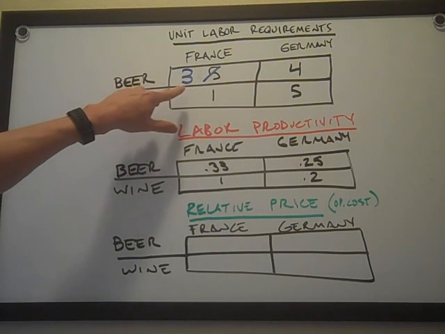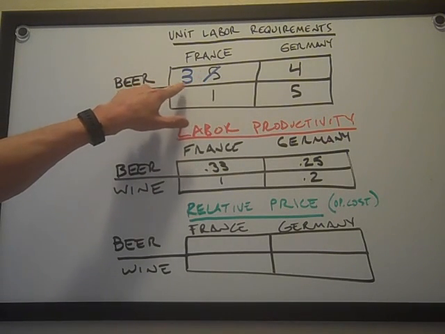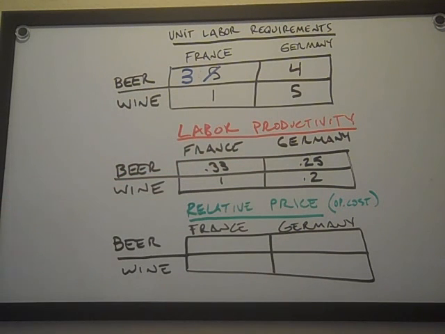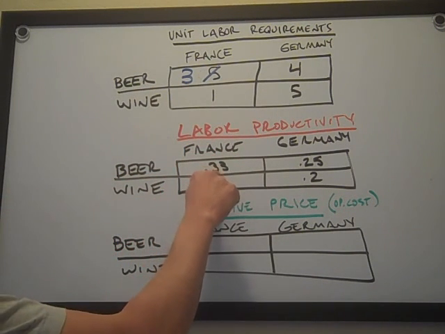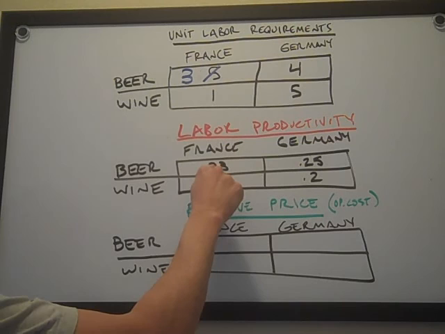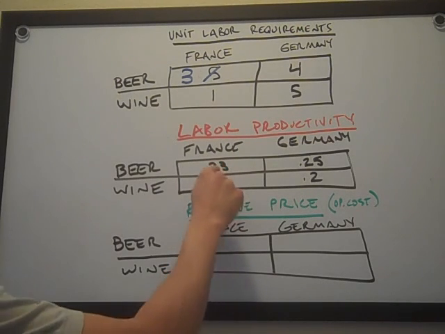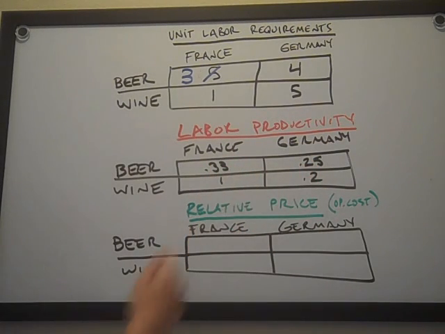based on the analysis we looked at last time, if this wasn't a 5 but was instead a 3, we would get these figures and we'd find that France can produce a third of a unit of beer in an hour and 1 unit of wine, and both of those are better than these numbers. Therefore, France would have an absolute advantage in the production of both of these goods, and as such would have